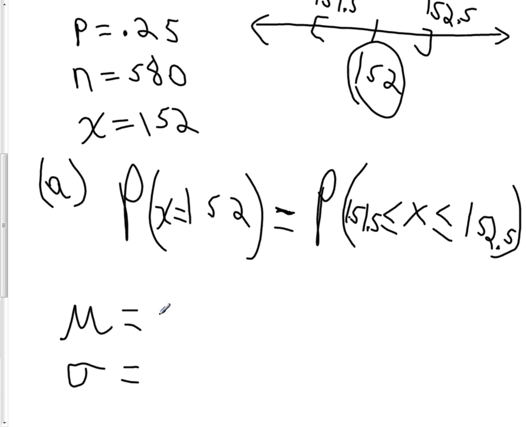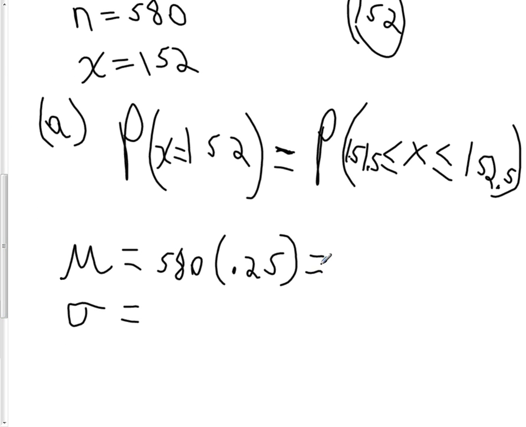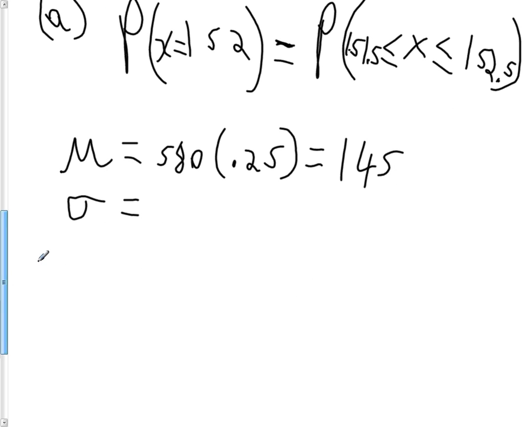The mean we already have is n times p, 580 times 0.25, which was already given as 145. So the mean is 145. The standard deviation is equal to the square root of n times p times q, which is the square root of 580